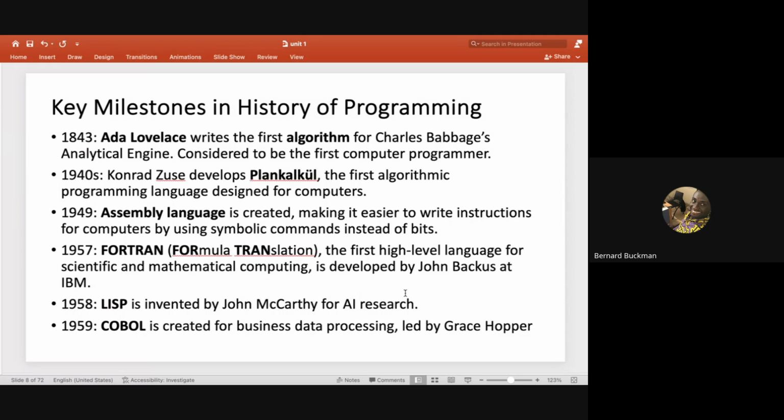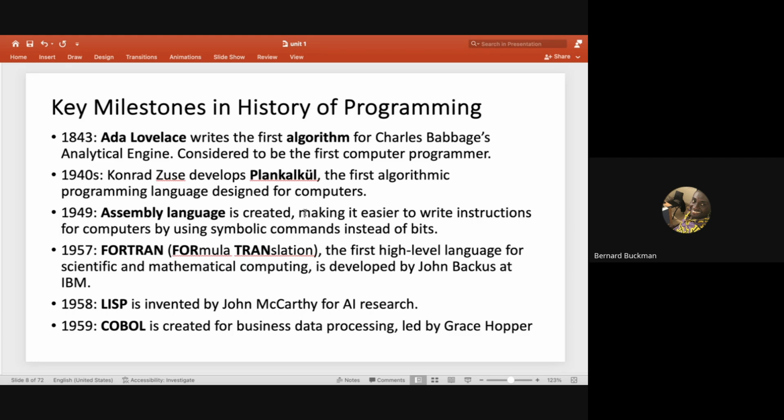Now let's look at the history or some milestones in programming, since our course is about programming. Charles Babbage, when he was building his analytical engine, had an assistant called Ada Lovelace. Ada Lovelace was one of the first people to write what actual computer software should look like. She wrote a routine for Charles Babbage's machine, and that formed the foundations of what an algorithm is today. Konrad Zuse also wrote something similar.